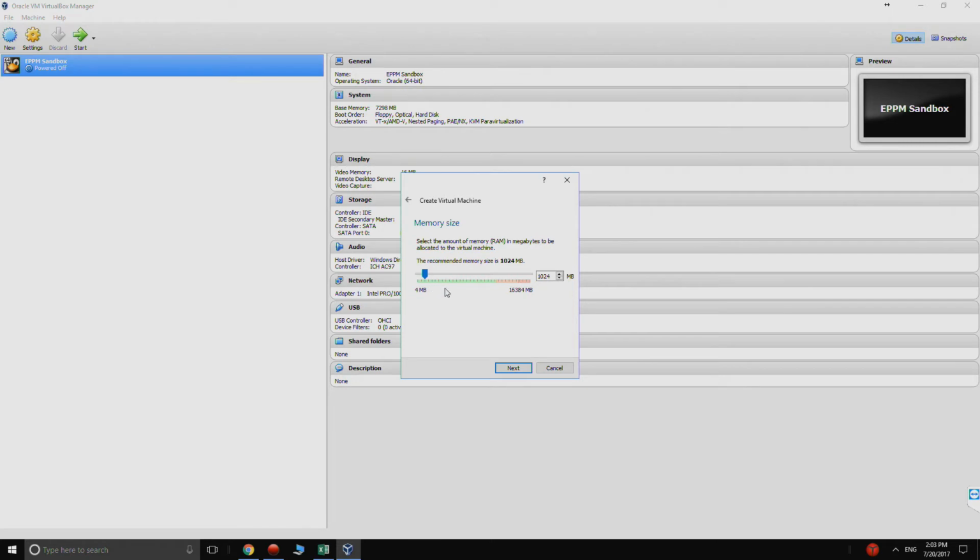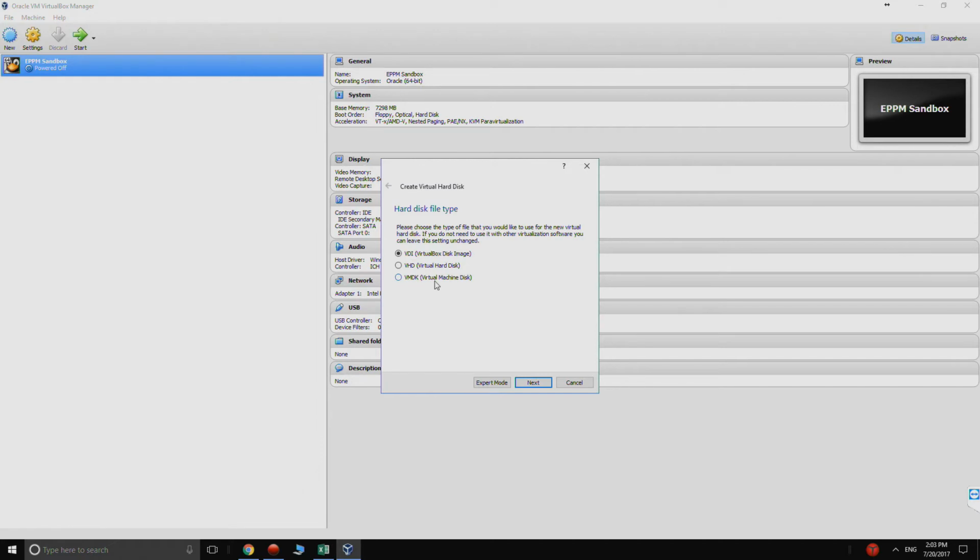We do next. We allocate the amount of memory that we would like to have for this virtual machine. I'm going to give it a little bit more than 7 gigs, maybe 7.5. I'm going to create a virtual hard drive now. You may want to allocate it dynamically, but since we're going to be using a good portion of this size right away, I would recommend to allocate it immediately. We'll keep it as VDI, fixed size rather than dynamically allocated,